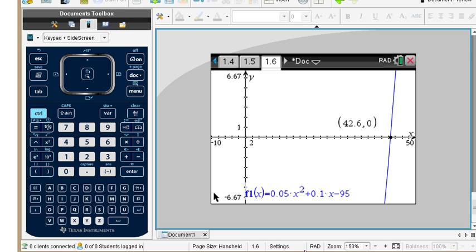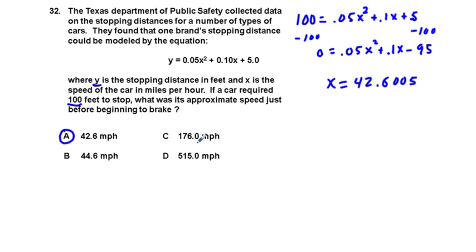So a lot of different ways to do this. Another way I haven't even talked about is we could take these answer choices, like if we tried answer choice C, we could plug it in for this x here, and this x here, and see if we get close to 100. Obviously we wouldn't, and we could try the different answers until we worked out a lot of different ways of doing this problem. I'd like you also to